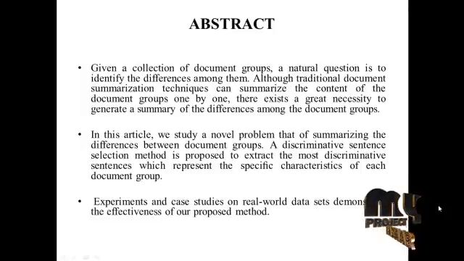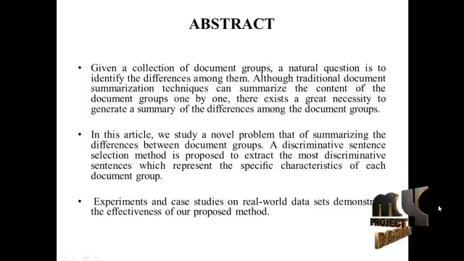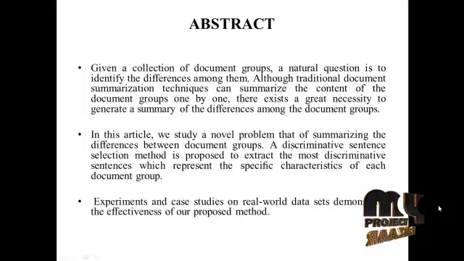Here the correlated terms are used to cluster the documents. Correlation is nothing but a relationship between two variables. Finally, the summarization is done by using the most discriminative sentences. The traditional document summarization techniques summarize the contents of the document groups one by one. There exists a great necessity to generate a summary of the differences among the document groups. The discriminative sentence selection method is proposed to extract the most discriminative sentences which represent the specific characteristics of each